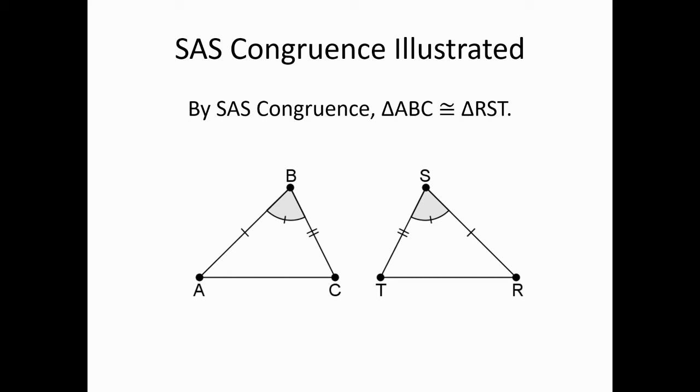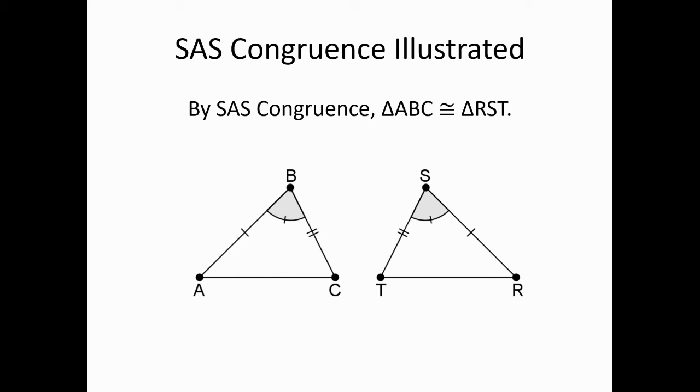And do let me emphasize something that was implicit in what has been said. The angles that are equal must be included in between the sides that are equal. So notice the structure of this. The congruence postulate is called SAS, and that indicates that the equal angles must be in between the equal sides,